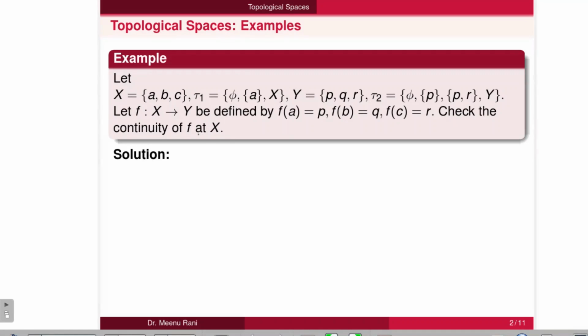Now to check the continuity of F at set X, we need to check the continuity of F at all the points of X, that is A, B and C. So first we take the set X containing A, B, C. There is another set Y which contains P, Q and R. Here A is mapping to P, the function is F, B is mapping to Q and C is mapping to R. Now to check the continuity at point A,